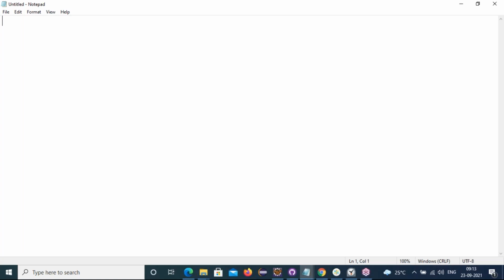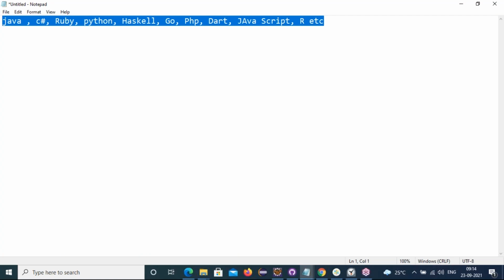Now my Selenium supports various language bindings like Java, C#, Ruby, Python, Haskell, Go programming language, PHP, Dart, JavaScript, R language, etc. These many language bindings Selenium supports.